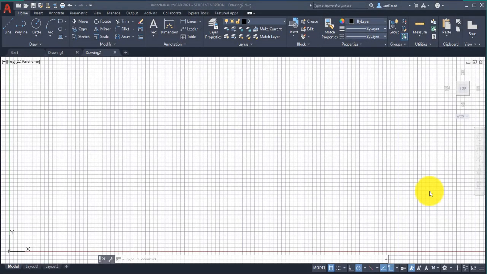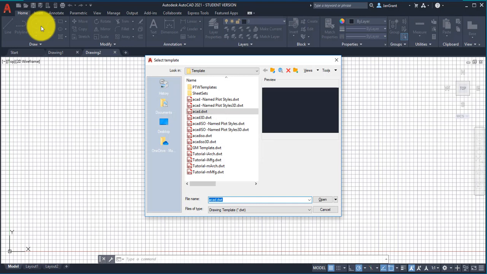This is an introduction to 3D in AutoCAD, and I wanted to just let you know that in our last assignment we created a template file. Now that template file is probably still your default, so just make sure by clicking on this new drawing icon and then check this dialog box, make sure that the